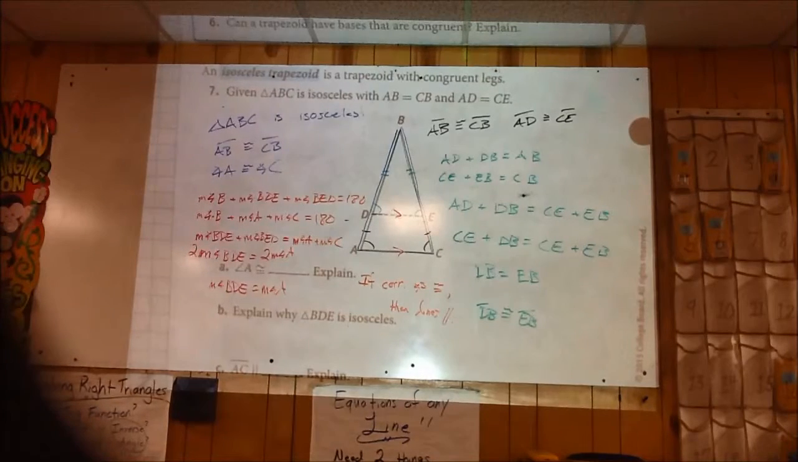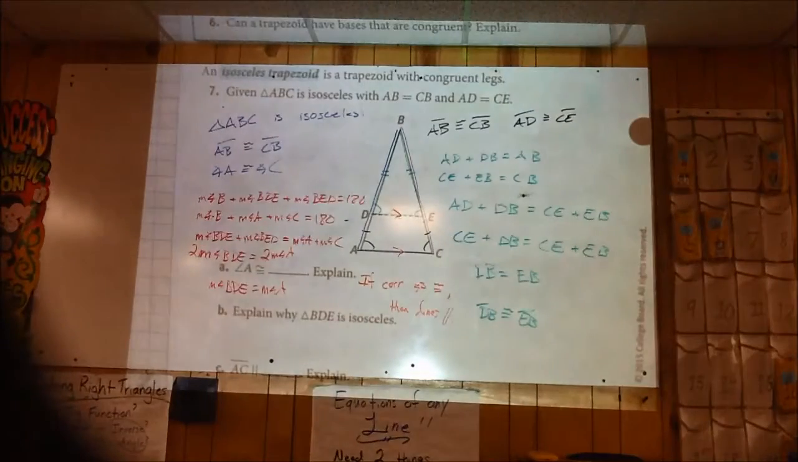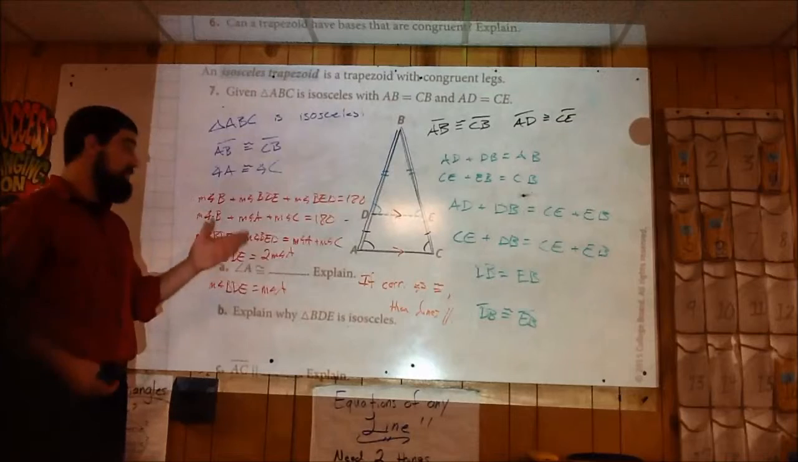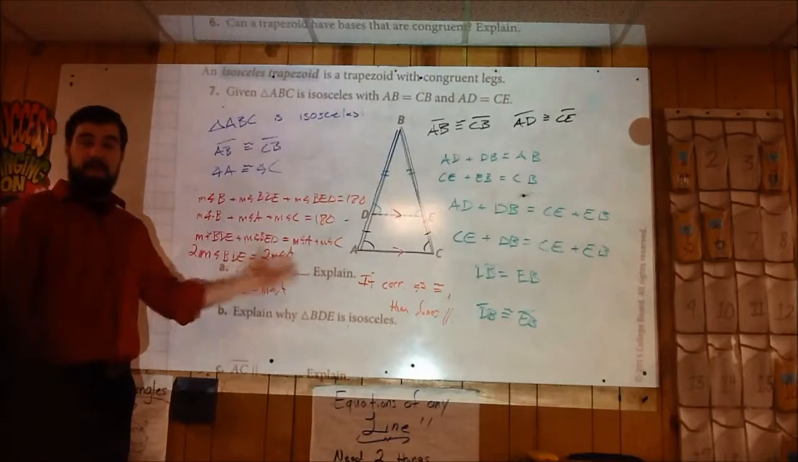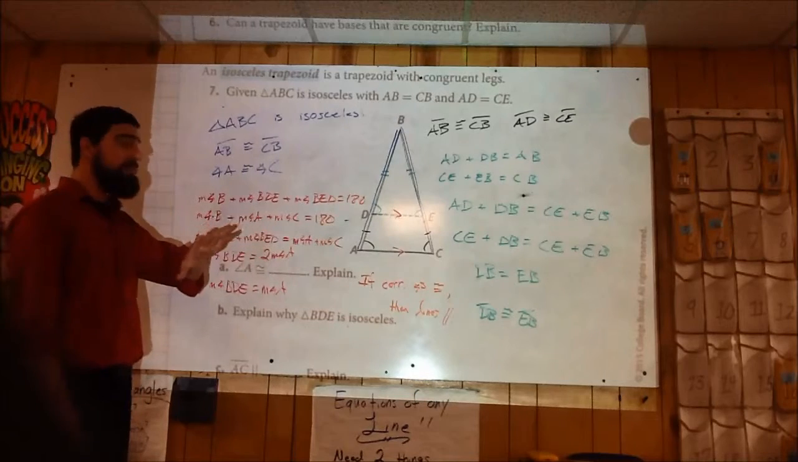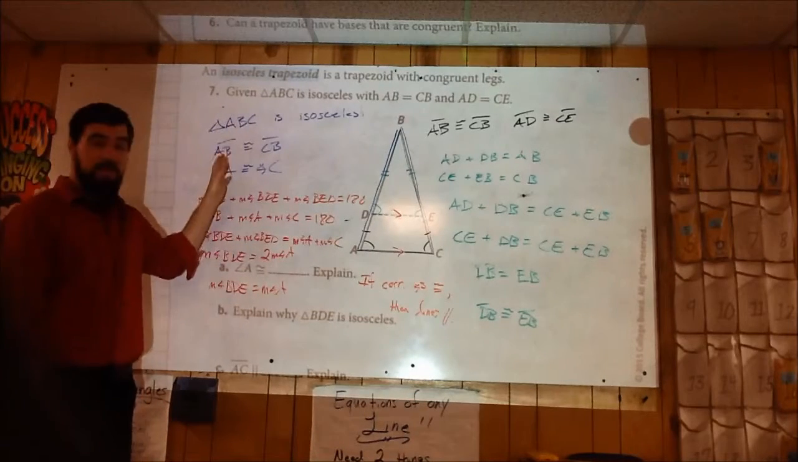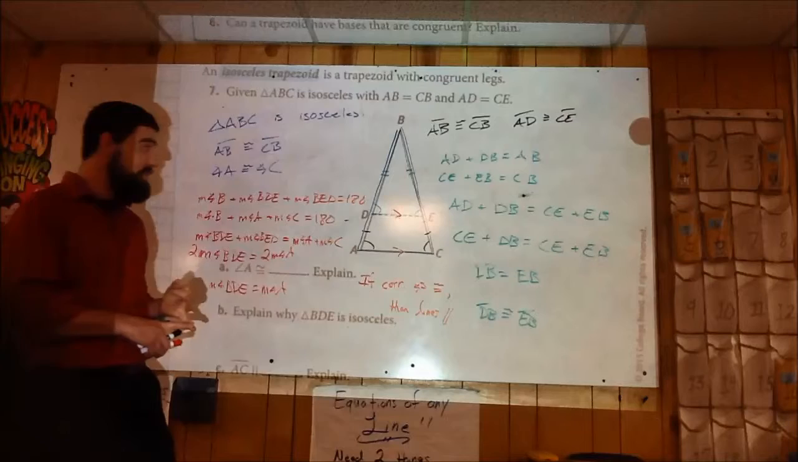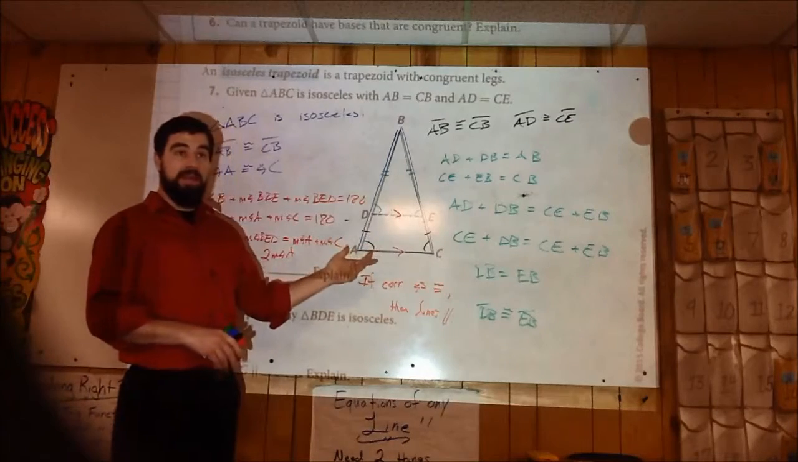Alright, so now we got that those lines are parallel. That means part D says, explain why quadrilateral ADEC is an isosceles trapezoid. You have to prove both of those items one at a time. First off, you need to prove that this is a trapezoid. Whenever you're trying to prove a quadrilateral is a trapezoid, you have to go back to the original definition. The definition states it's a quadrilateral, 4 sides, 4